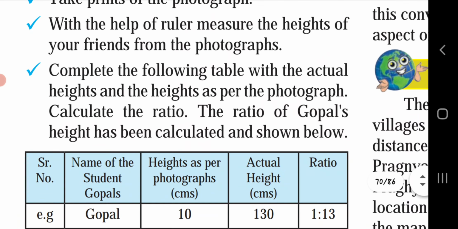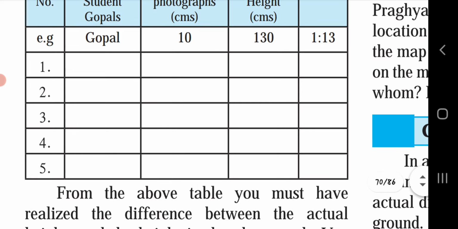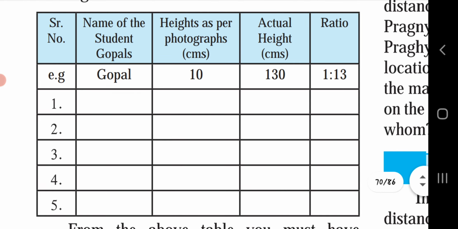As we are not in class, we are unable to complete this activity. But what we have to do is, if you know your own height in centimeters, write it down, and on another side you have to take one photo of yourself, and according to that photo you have to measure using the scale. If you find the difference, in the photo it is reduced in size, and in the actual one the centimeters or the ratio is larger.